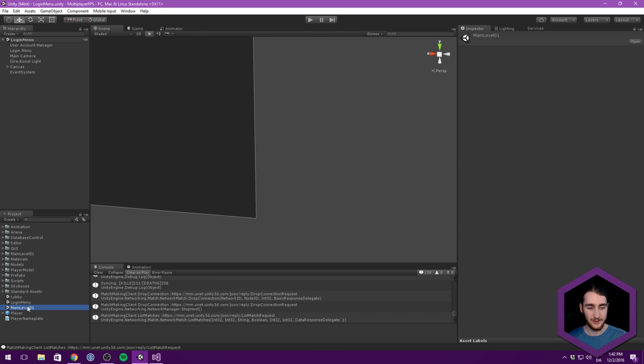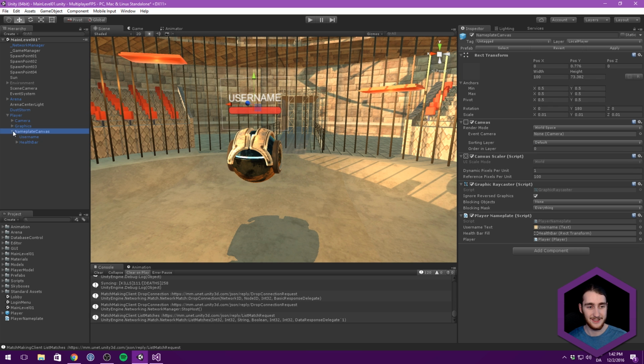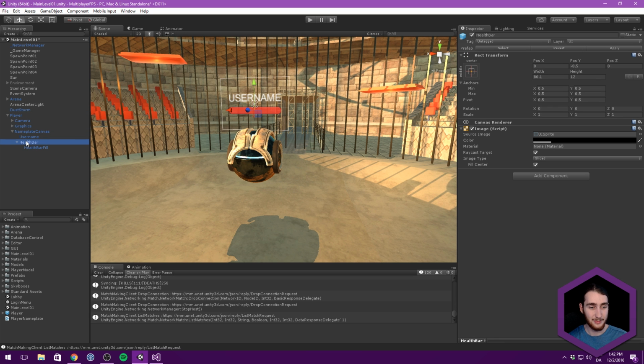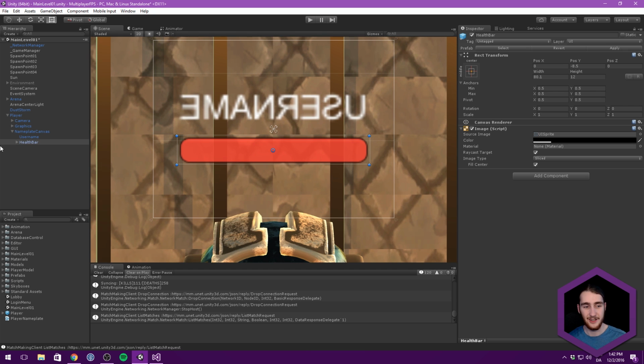All we need to do is go into our main level, drag in our player, find our nameplate canvas, find our health bar, and let's focus on it. Switch to 2D mode, and you can see our anchor under the health bar fill here is currently set to the bottom center. So let's just change that. You can either just drag it over, or you could set it manually. We want a pivot of